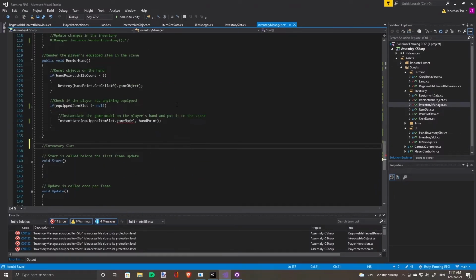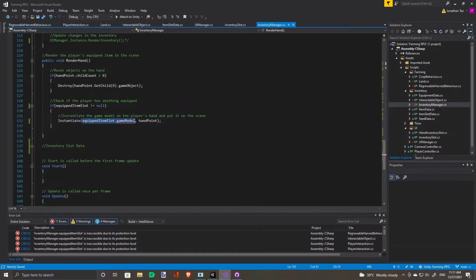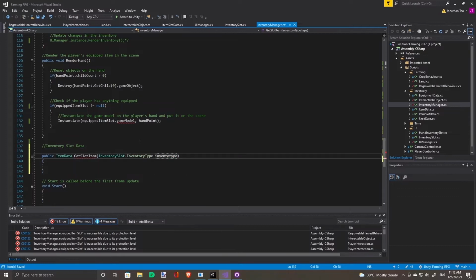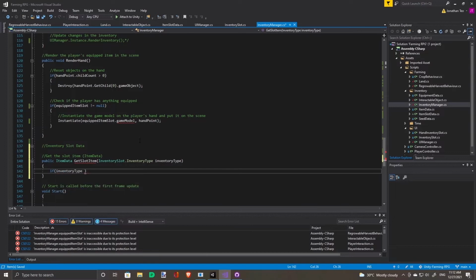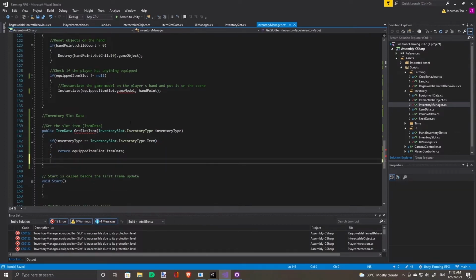So first off, we want to access the item data of the item slot. We take in the inventory type to determine whether it's a tool or an item and return the appropriate variable.